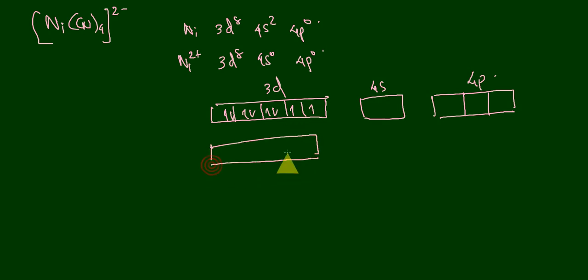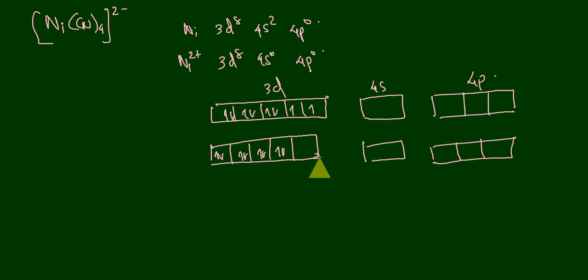formation of the bond, this d orbital configuration will become like this: 1, 2, 3, 4, 5, 6, 7, 8. It will be like this. So it will be paired, and one of the d orbitals will be vacant. Then we have 4s, and then we have 4p also. Okay, and now this